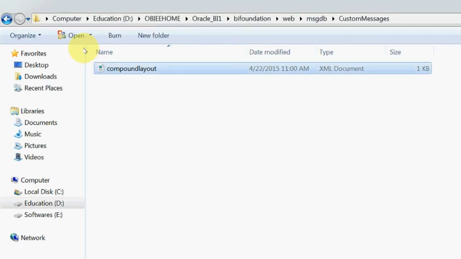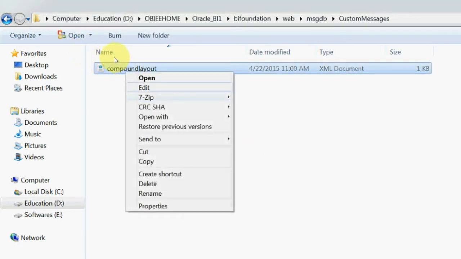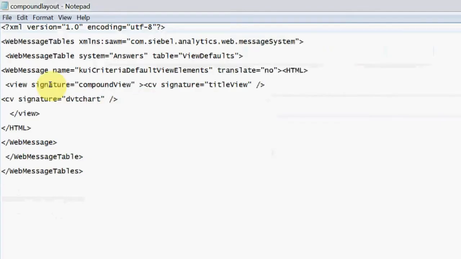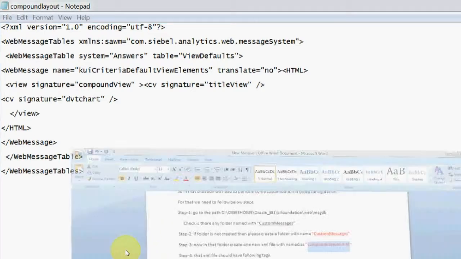Let's see what is available in this XML file. See here, we are mentioning for the compound view, the first view would be title view and second would be dvt chart. If we don't need this chart, if we need some other style, I will show you that.